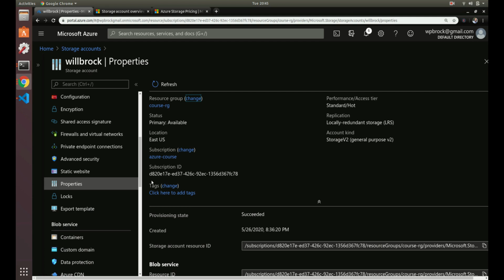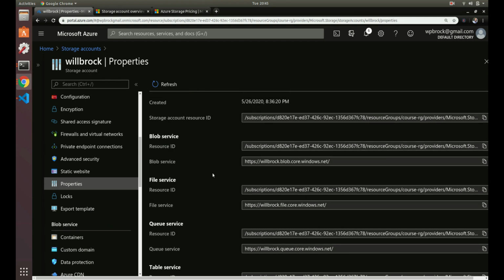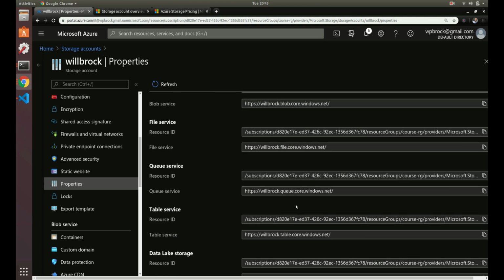And then properties. So you can see different properties. You can see the blob service that we just went over. This is the URL it gave us. So you remember when we created our storage account of Will Brock? That's what this is here. You got that? And then if you use any of the other services like file service, queue service, table service, and data lake, you have different